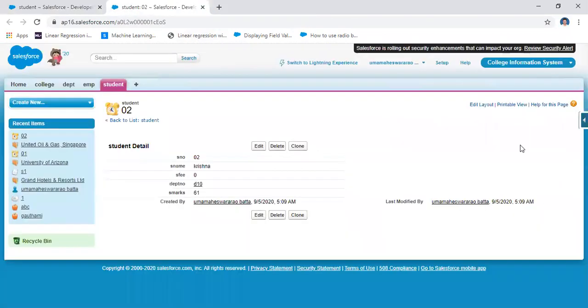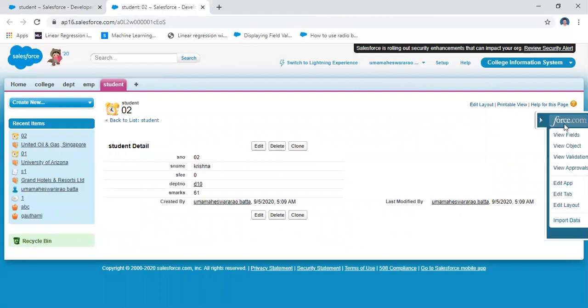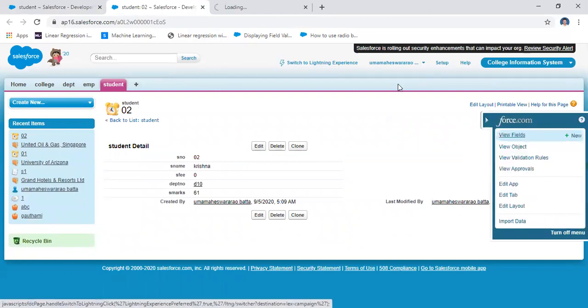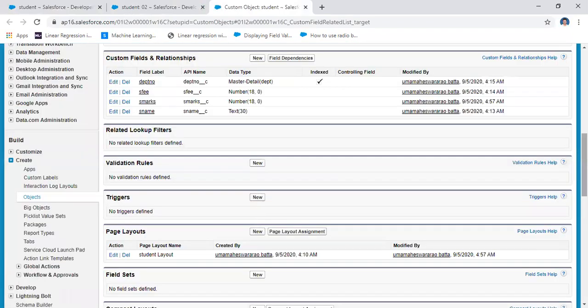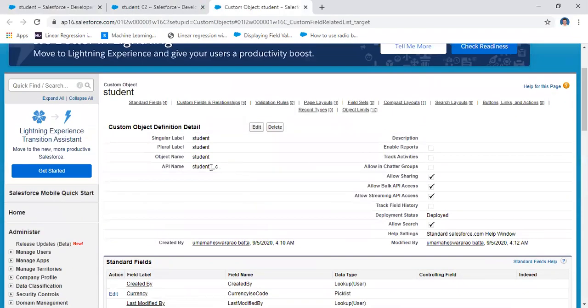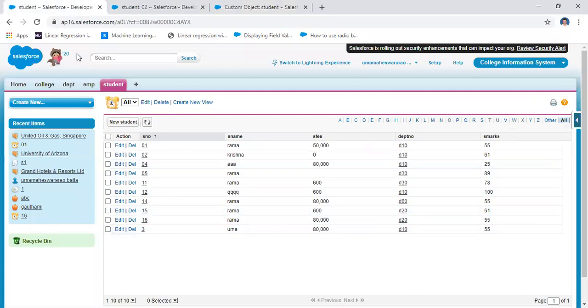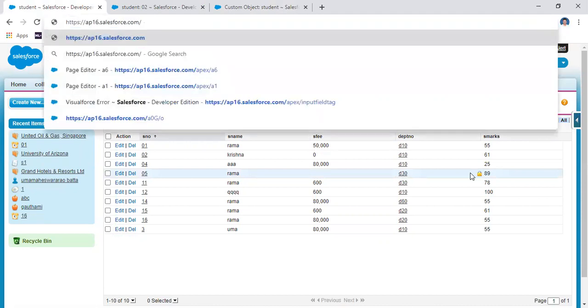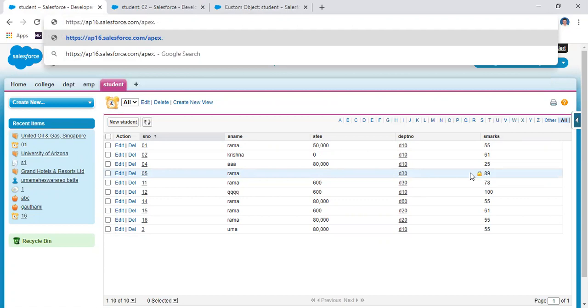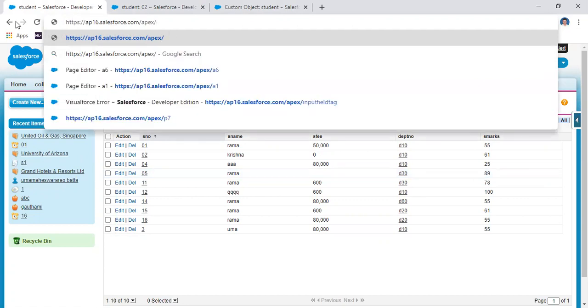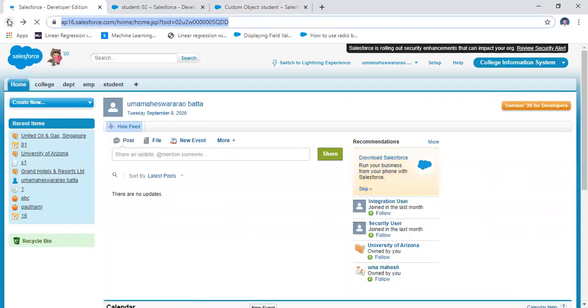I don't need this one, I need this one. It is student record information. I need a field value. What are the field values here? The object name is student underscore c. That is called the controller here, and then the values here are the API values you are taking. For doing that, take the same object, Apex slash the previously created object name. Go to that object, no problem.